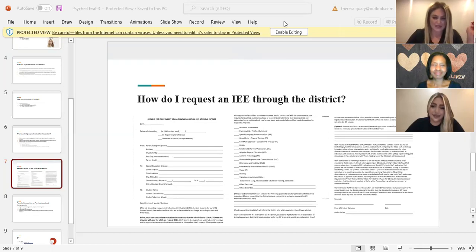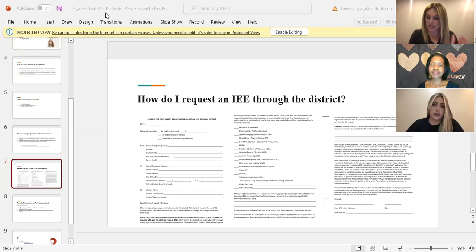Let's see, is the cost of 5 to 7 including FBA, speech, OT, visual, etc.? Is it just one day? What if he behaves differently with you one-on-one versus in the classroom with distractions, or has behavioral problems with peers? Very good question. Like I mentioned before, you can have an IEE for behavior, an IEE for OT, an IEE for speech. So that cost is just the